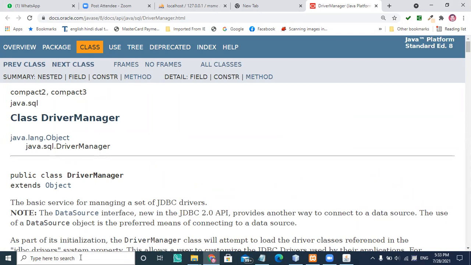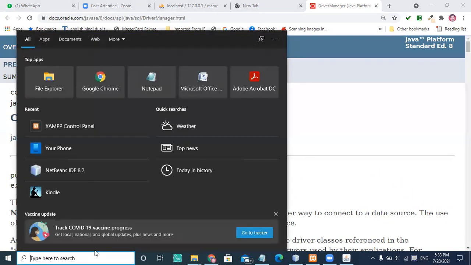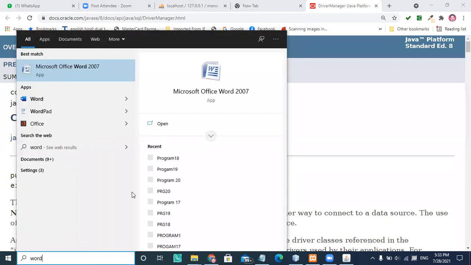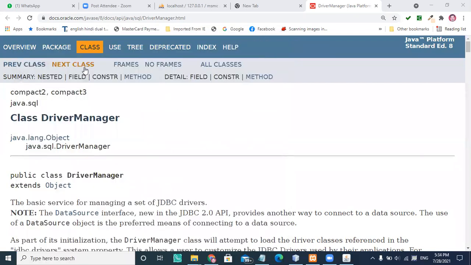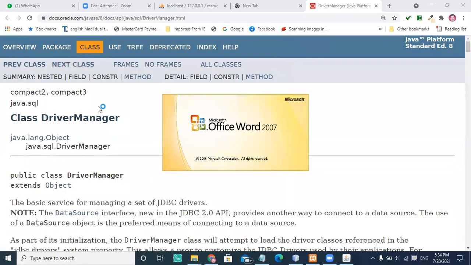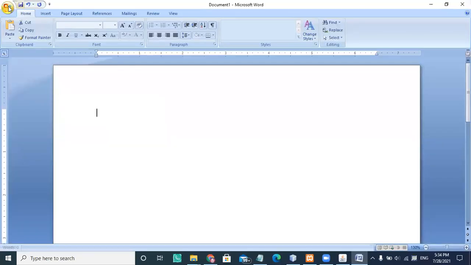So if you see our last session regarding the concept of database connectivity, I explained these four steps.